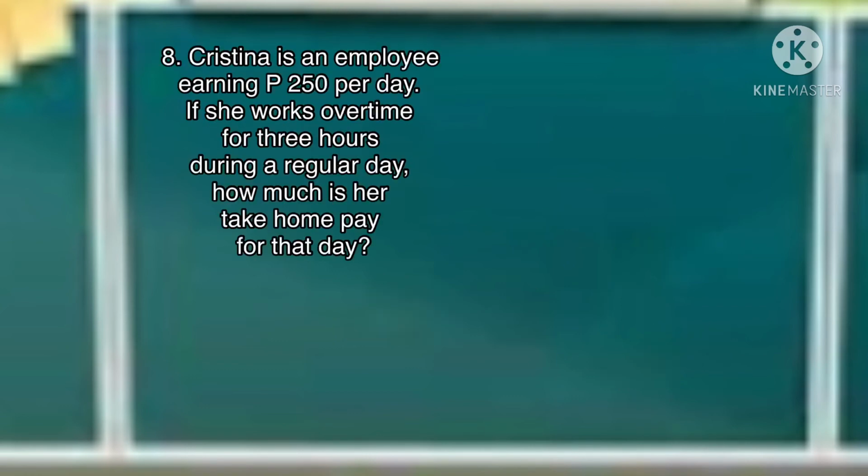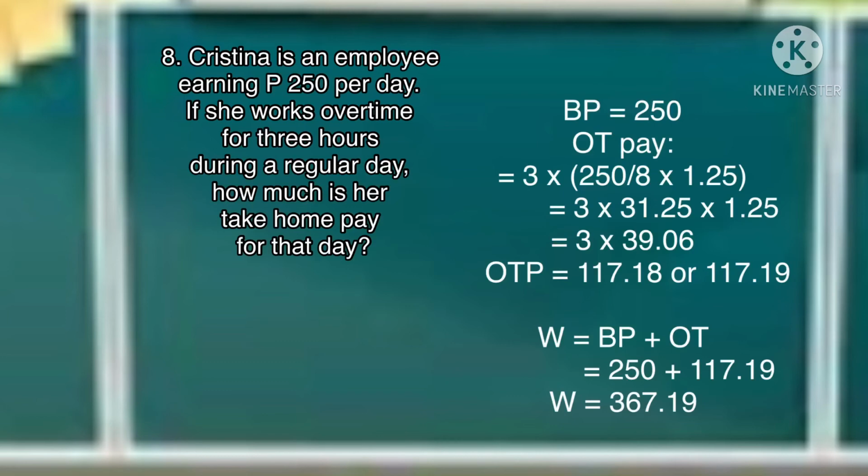Number 8, Christina is an employee earning 250 per day. If she works overtime for 3 hours during a regular holiday, how much is her take-home pay for that day? First, we divide 250 by 8 hours to determine the hourly rate, which is 31.25, times 3 hours of overtime, times the ordinary day rate of 125%, convertible to the decimal number 1.25, which equals